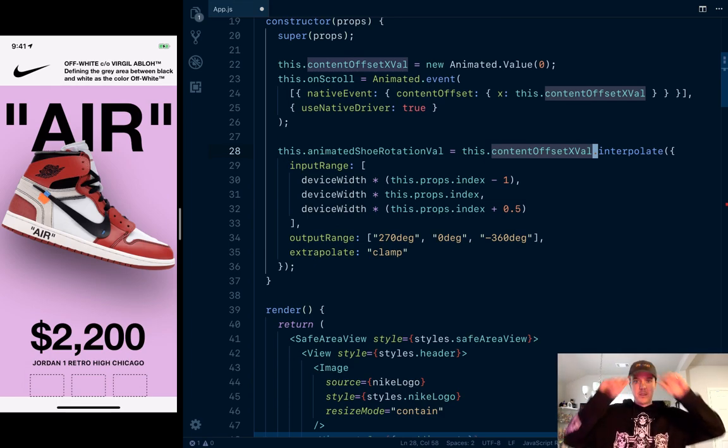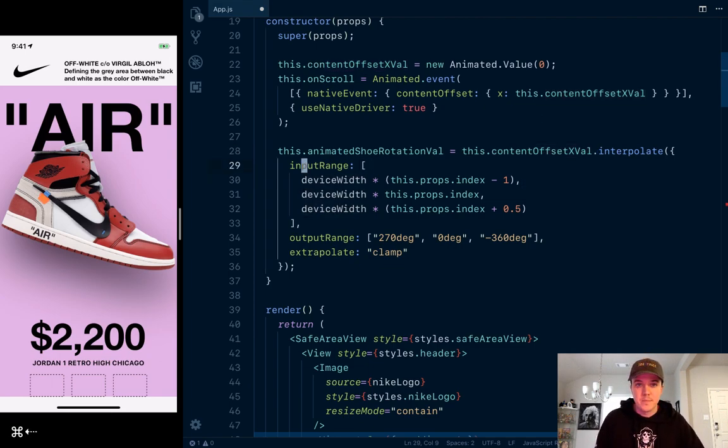But to get to something really interesting, this is one of the top interesting things I was gonna talk about in this video, this little trick right here. So in our input range, our array, when you're doing any type of consistent paging values, in my case each page is the width of the device, so edge to edge, you can leverage that. When you're mapping over, if say you have 20 of these things, you have an index for them. You can use the index to basically,